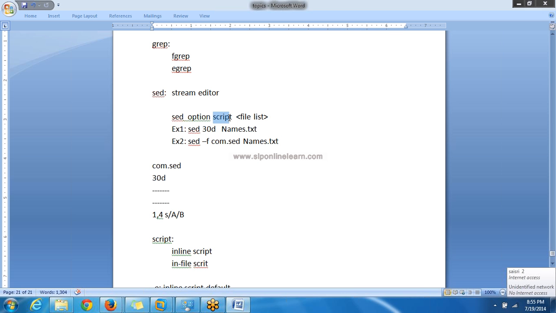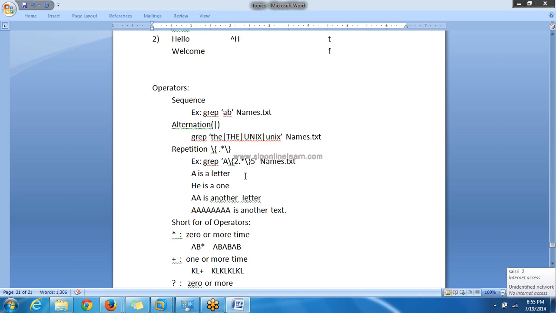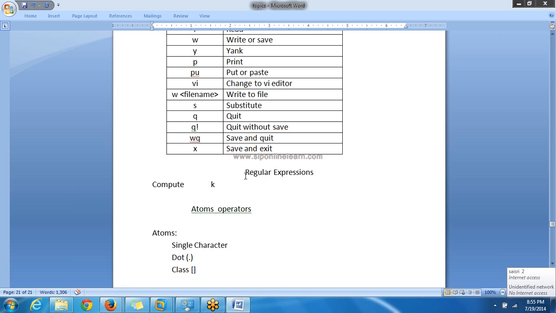So exactly what does this script contain? Generally, this script contains address space command. This address, we already discussed in the regular expressions. What is an address?